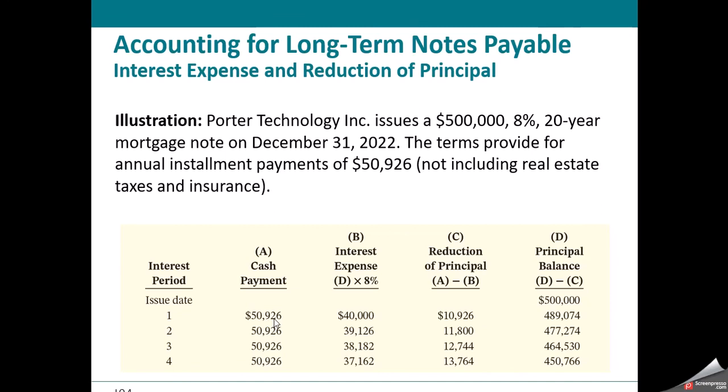$50,926. And then if you went into your amortization function on your calculator, again, think back to business analysis with algebra, you could isolate your P1 equal to 1, your P2 equal to 1, and then you would get these same exact numbers. $489,074 is the balance. The principal reduction is $10,926, and then the interest is $40,000. So again, use some of those tools that you learned in business analysis with algebra to kind of make sense